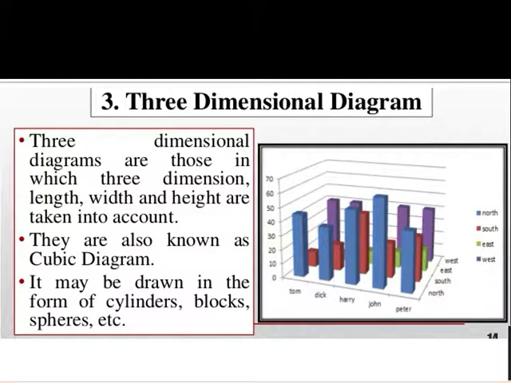But there are some limitations. That is, three-dimensional diagrams have the same objectionable features as two-dimensional diagrams. That is, the side of the cube must be proportional to the cube root of the magnitude to be represented. It is impossible for the eye to read such diagrams precisely, and hence they are mostly used for the purpose of stimulating interest in popular articles where only a general impression is required. So, they will give you only a general representation.